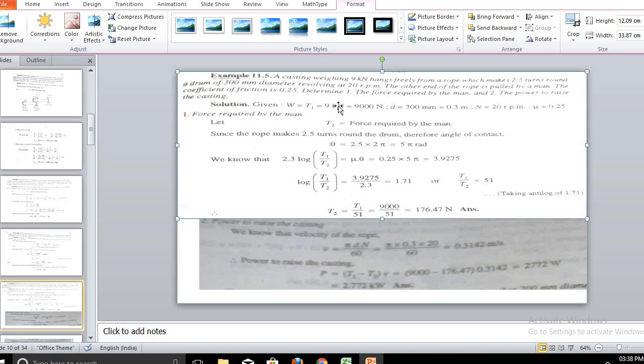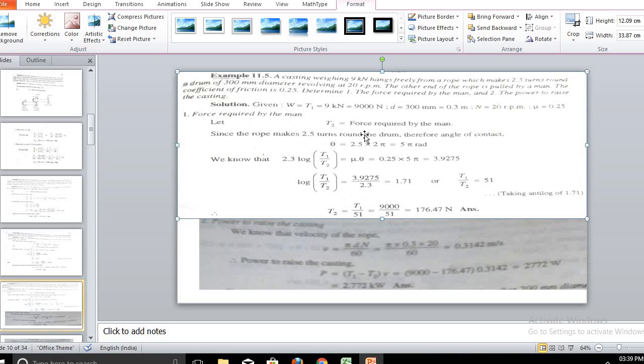So this T1 we may consider as 9 kilonewton, 9000 Newton. The diameter of that pulley is 300 mm, converted into meter, 0.3 meter. N is given as 20 rpm, revolving at 20 rpm. The coefficient of friction is given as